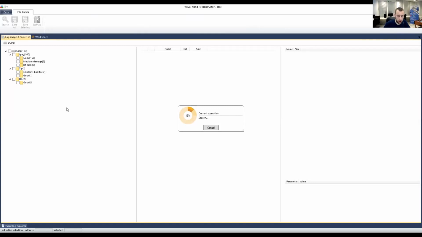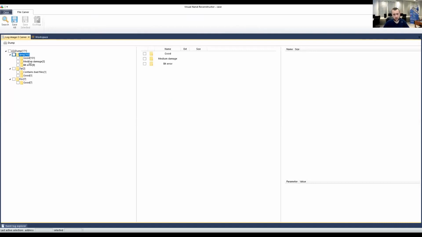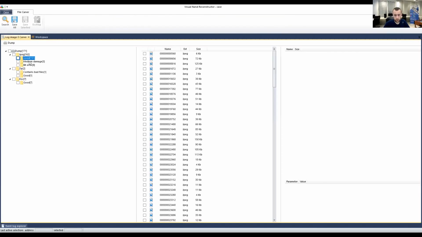I believe that's enough for a quick look. As you can see, we found some JPEG files,